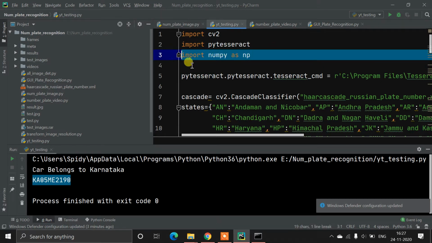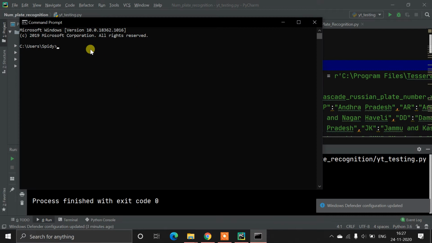So you need to have these libraries: numpy. Just go to the command prompt and type pip install numpy. After the installation of numpy, install OpenCV contrib python. After that, pip install pytesseract.